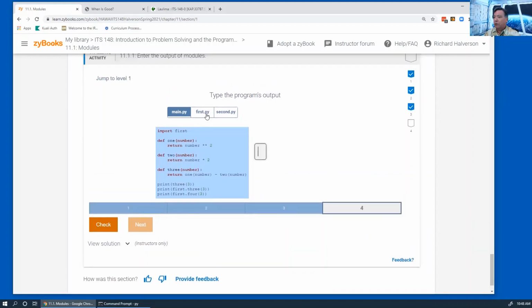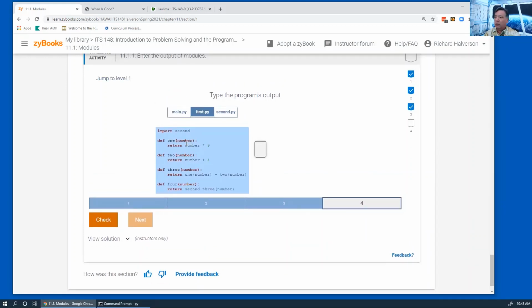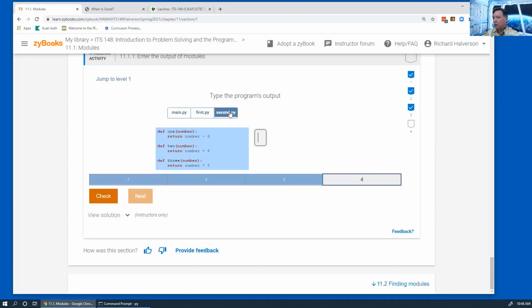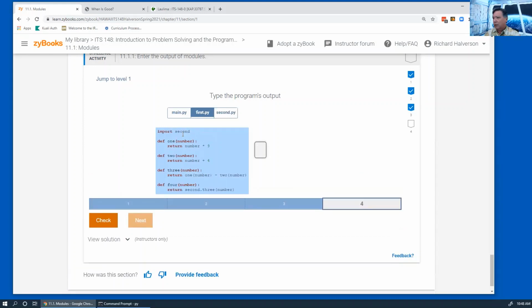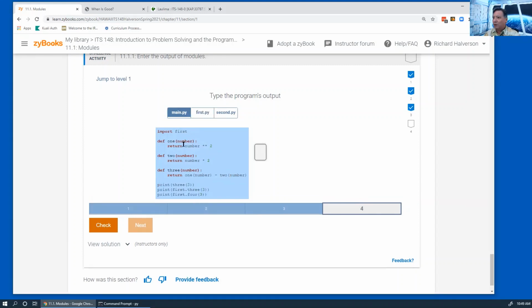Okay, first we import first, and so this thing executes, and when this thing executes, it looks like this does too. So this executes, defining a 1, 2, and a 3 inside second, and then this executes. Here it uses second. Okay, well, we'll just try to trace through this. And then we define our own functions here, okay? All right, so first of all, we print 3 of 3. What's 3? That's just this one. And so here we take 3, but we return